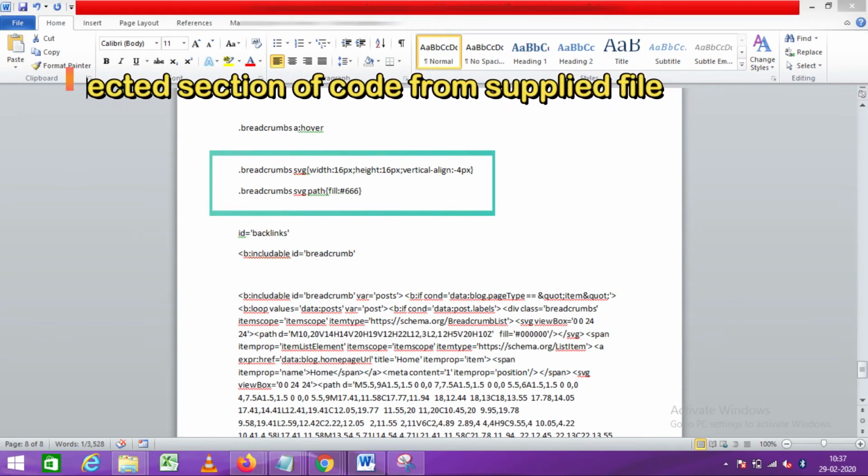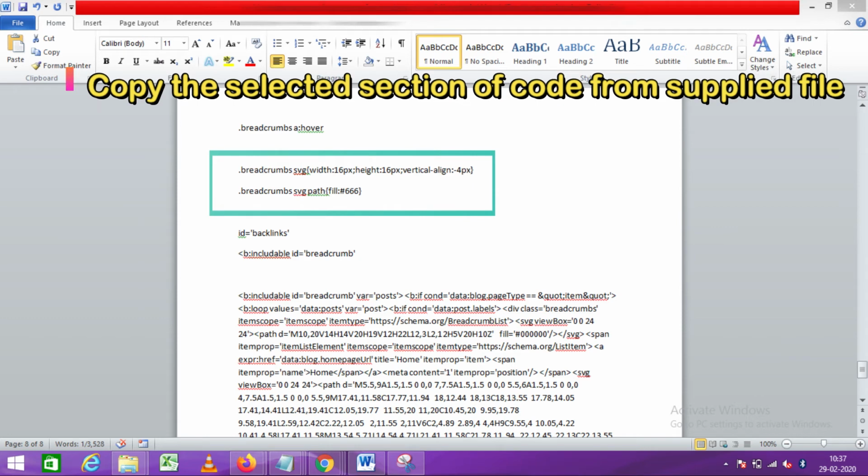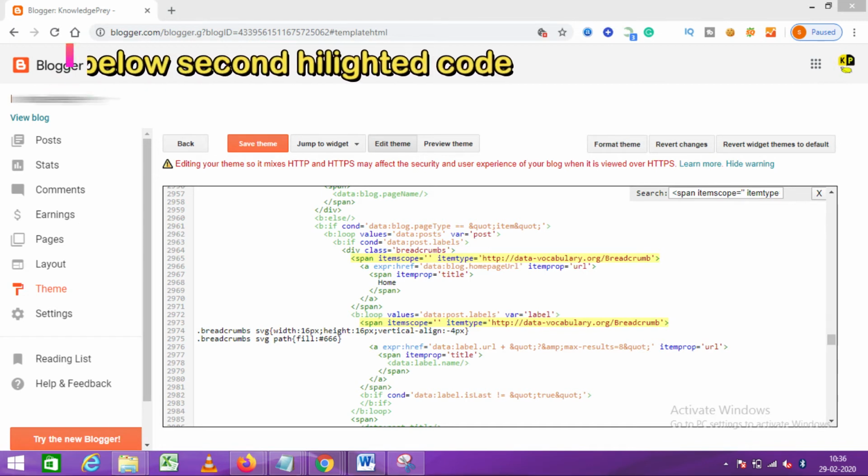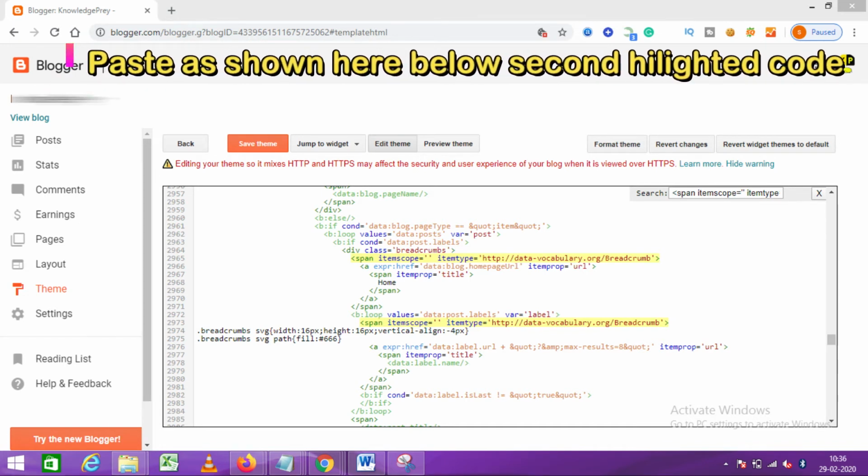Now copy the first part of the given HTML code as shown here from your notepad or the Word file supplied in the description box and paste it here below the second highlighted HTML code as shown.